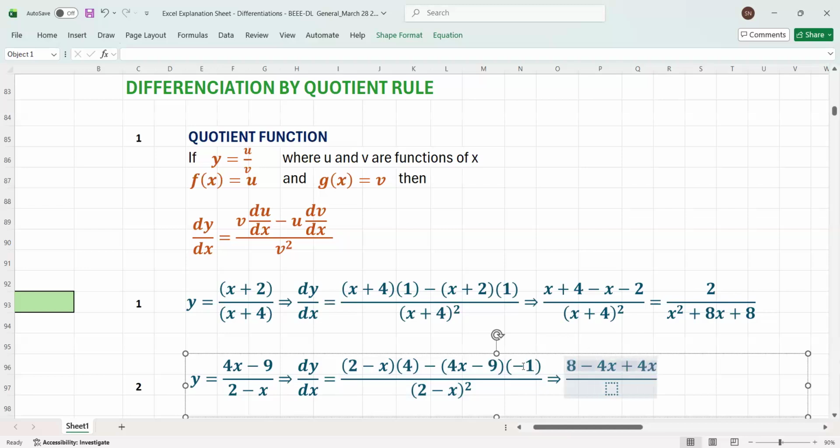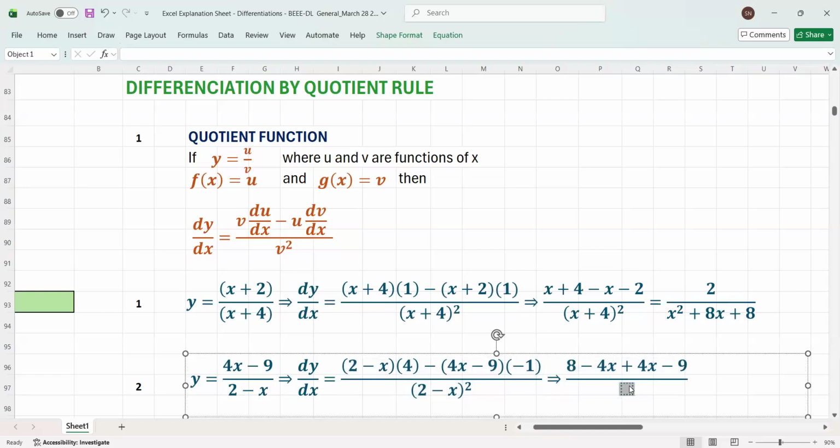And then this -1 multiplying, remember, there will be a negative in front here, but because of this negative, this will become positive. -9 will give us +9. Correct. All divided by